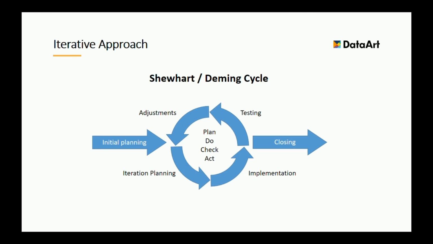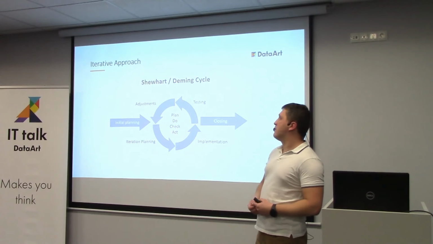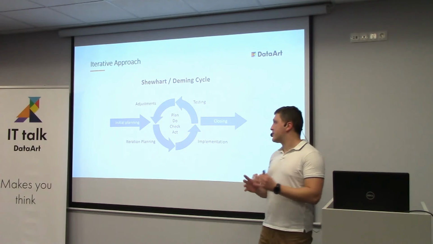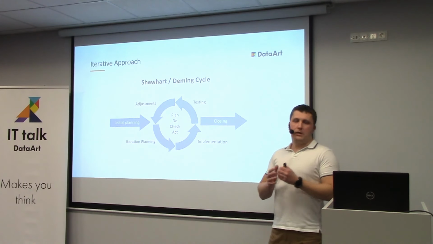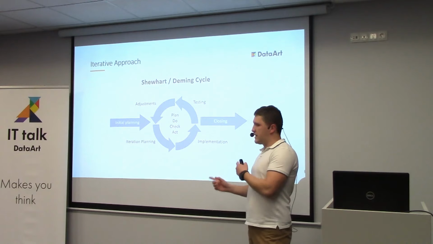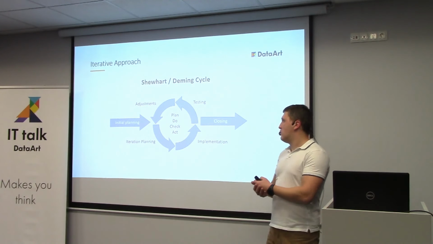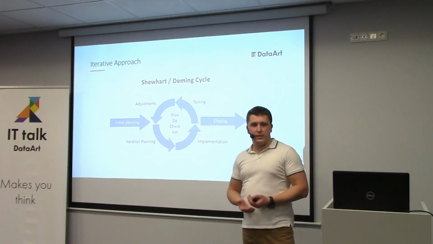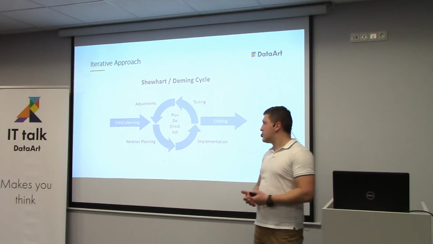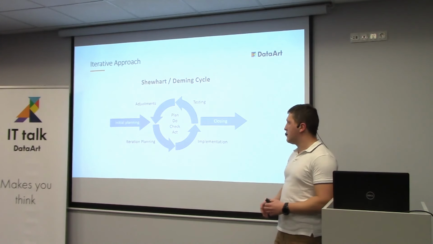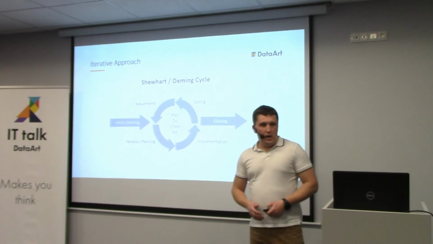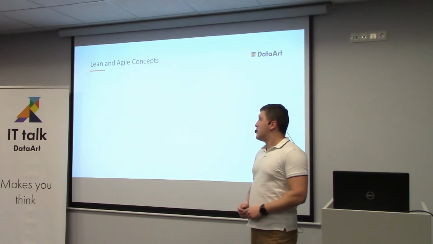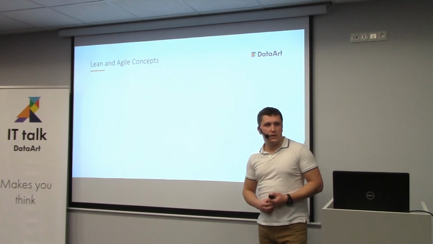That's, of course, a very simplified picture, but it pretty much gives the idea of the iterative process that we have. However, this is also a kind of high-level abstraction that doesn't give any particular tools, or even ideas, on how exactly to implement that and put it to life. It doesn't have certain restrictions that would be good to have to more properly manage the project. And this is where the lean and agile concepts come into action.